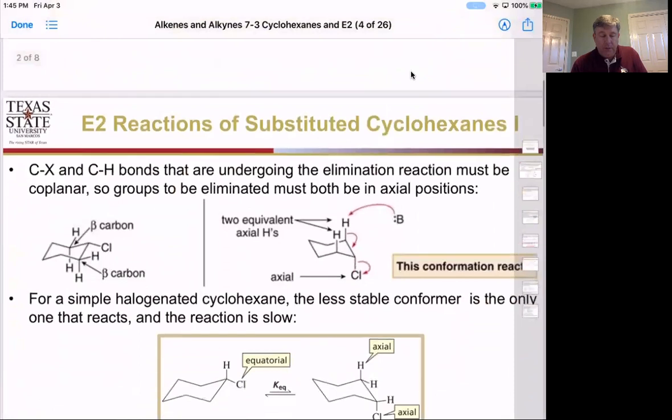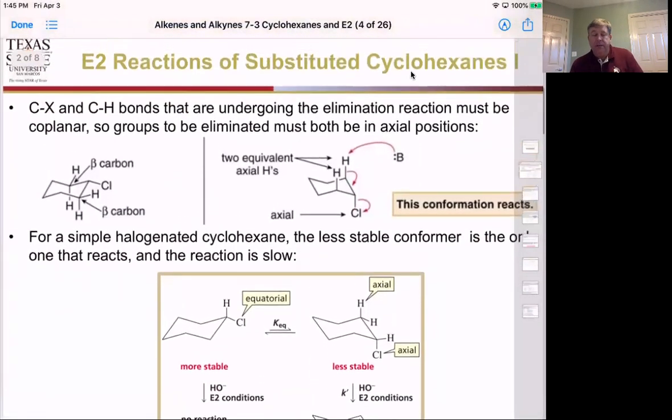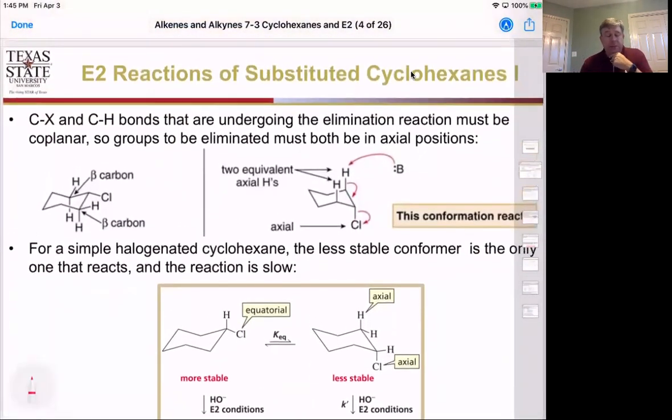So the first thing we're going to look at is when we have our cyclohexanes converting to cyclohexenes, we have to look at where the halogen is and where the hydrogen is. Remember, we want these to be opposite each other if at all possible, but that might not be possible in a cyclohexane because we don't have free rotation around that double bond. So we have to find the best situation we have by having them not be completely anti to each other, but try to find a more stable configuration to make the reaction